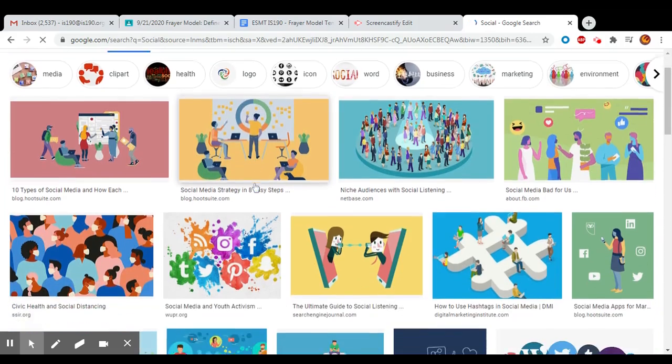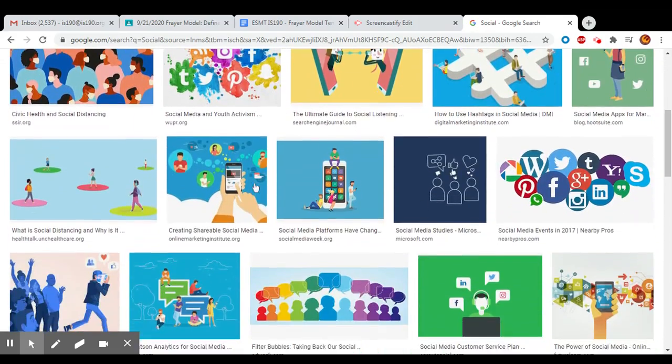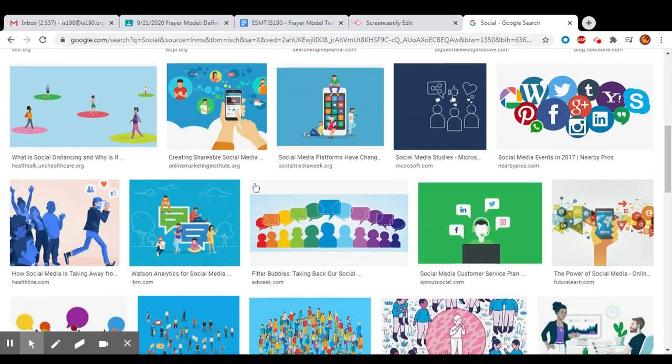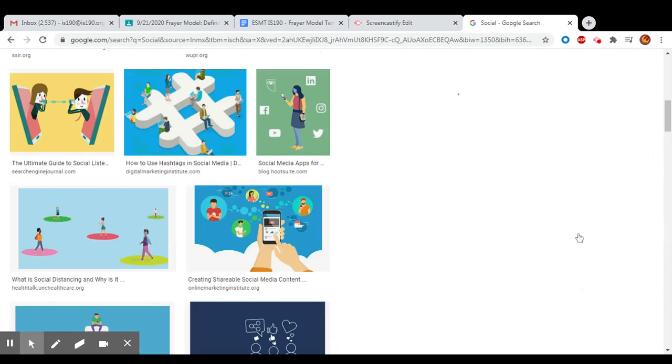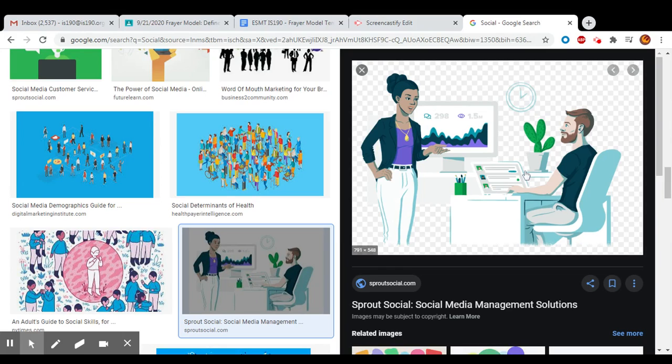Click on images and go through to find one I like for social. All of these are pretty good, but I think I'm going to go with this one, and I'll tell you why. This one shows two ways to be social. It shows these two talking in the same room, but it also shows this guy on the computer talking to other people. So I am going to right-click, copy the image,